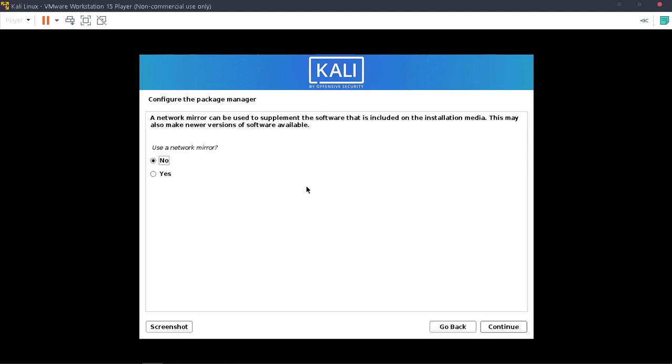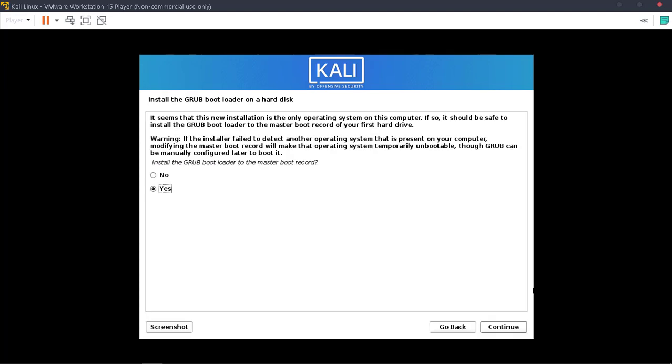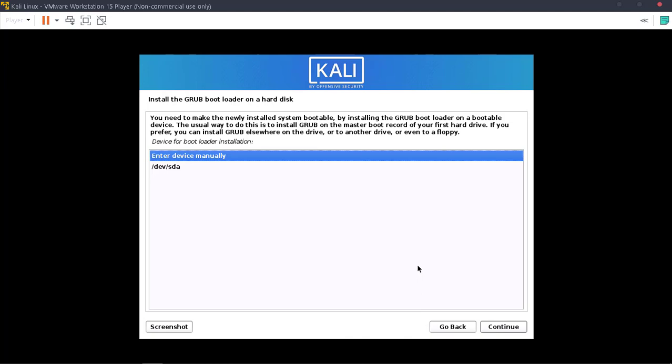Once you're done with that, you will be prompted with network mirror, so click on no and continue. Click on yes to install the GRUB bootloader and select the device. For me it is /dev/sda.